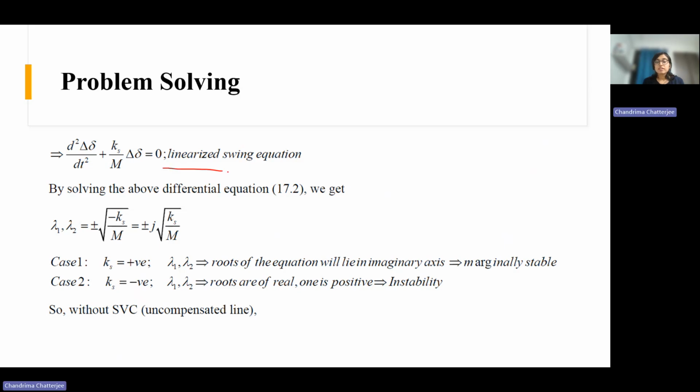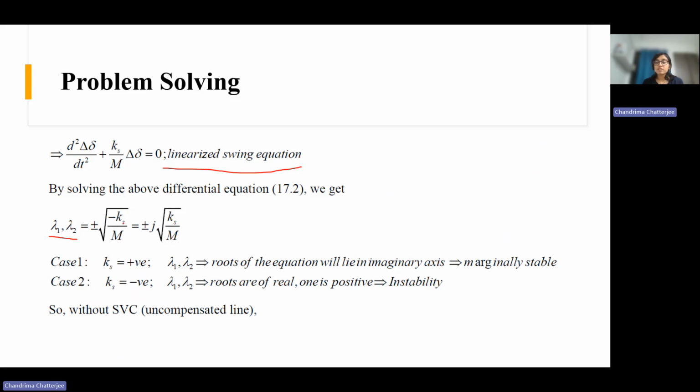So this is the linearized swing equation. Then you will get two solutions. If they are lambda 1 and lambda 2, then these are the solutions, right? Now here comes the part. So if Ks is the synchronous power coefficient,